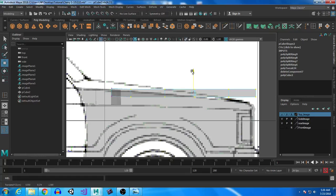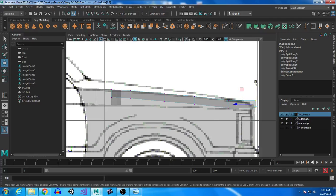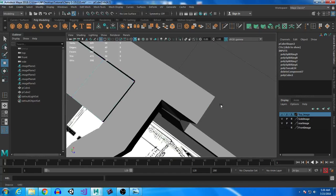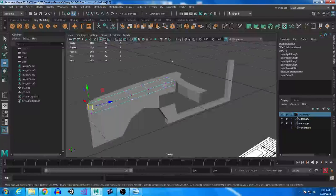So, I think I'm going to just select all these vertices. I actually want these to match up about there. And I'm just going to start working my way down. Something kind of like that. I think that'll look alright. Oh, come on. There we go. So then the next thing I want to do, after I've done that, is I'm actually going